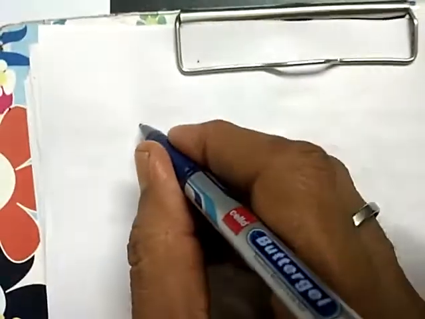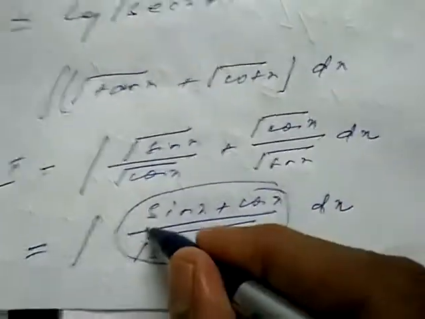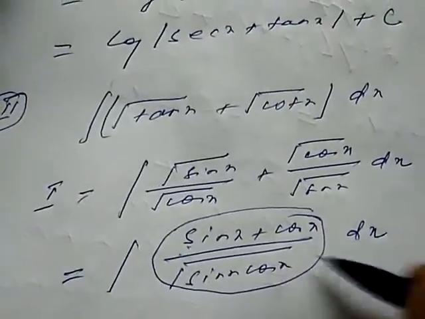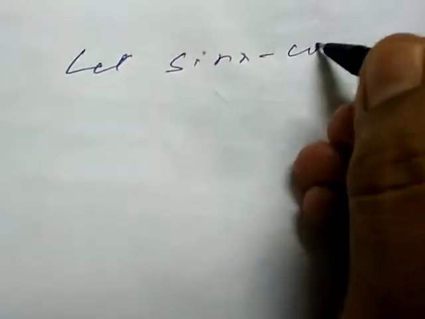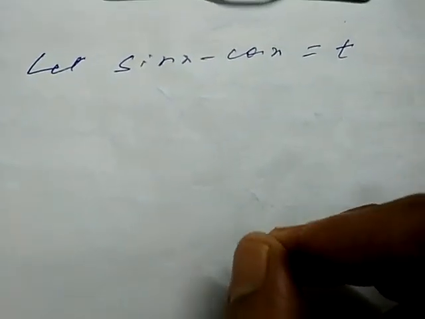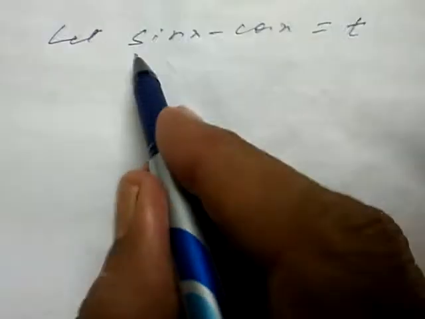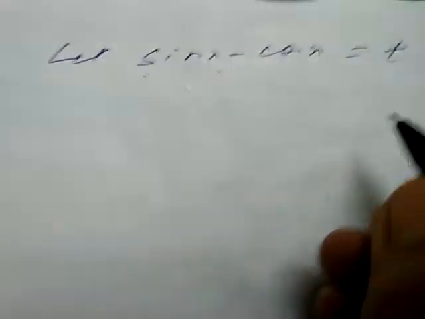After doing so, there is a rule, and you have to remember this rule. I am just giving you the tips for that. Whenever and wherever in mathematics, in integral calculus, you are having sin x plus cos x in the numerator of the integrand, always assume sin x minus cos x is equal to t. This is the assumption, and by this assumption we will solve this one. Again repeating, whenever, wherever you are having sin x plus cos x in numerator, always take sin x minus cos x is equal to t for substitution.